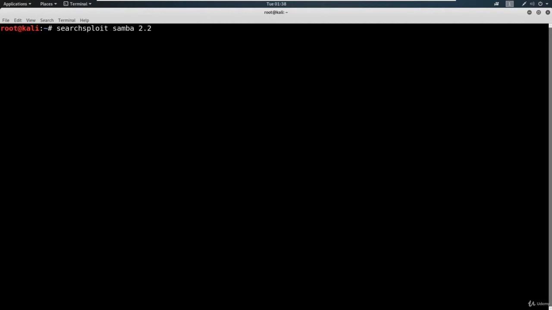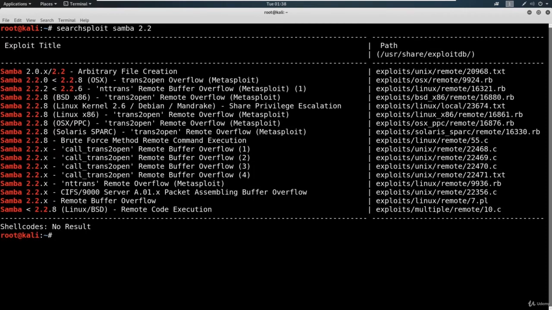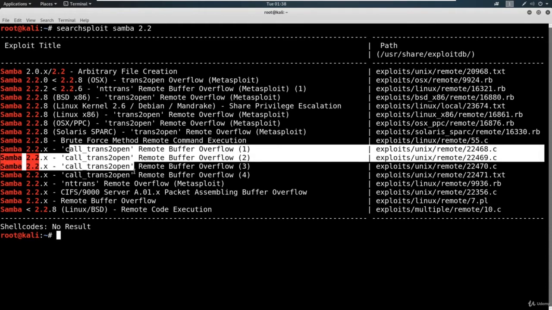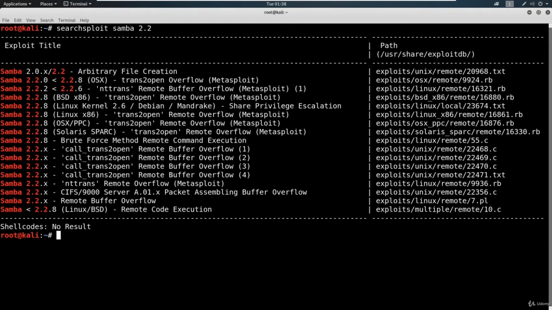We found Samba 2.2.1a. We searched around, we went out to the interwebs, we did searchsploit, and we kept seeing this trans2open show up. Like here, and here, here, here, all down here, right? Repeatedly. And it meets the criteria, everything seems to make sense. It had that IPC anonymous connection as well. So I think this is a winner. And we're gonna go ahead and give it a try.